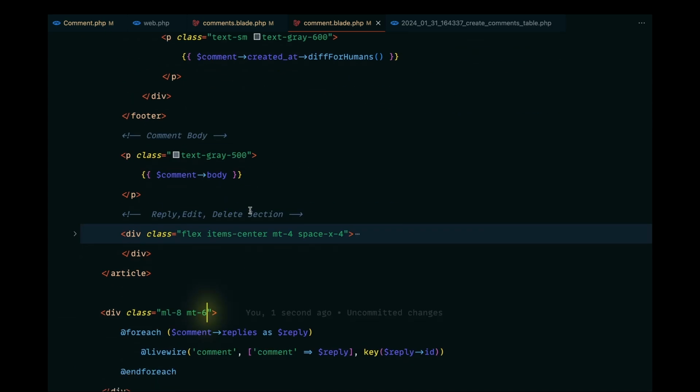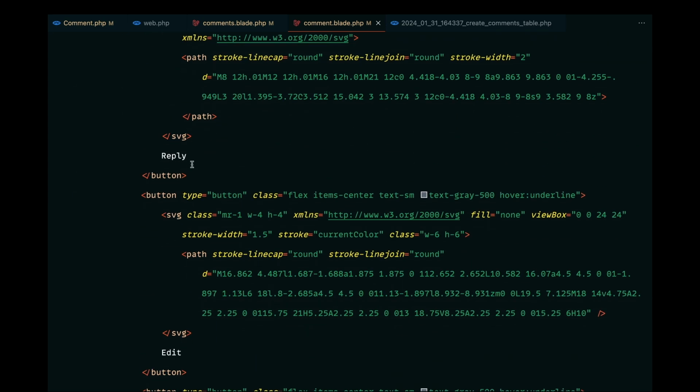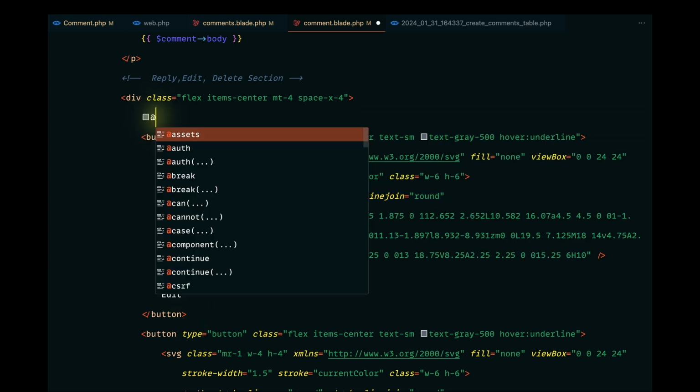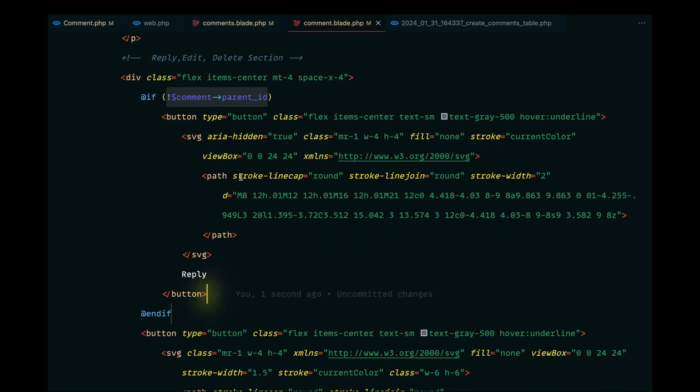So we have the replies in here, the reply, edit, and delete section, and we have this reply button here. Let's wrap this inside an if statement. If this comment doesn't have a parent ID, then only in that case we want to enable replying. So we can pass in this negation check. If it doesn't have a parent ID, then it indicates that this is a parent comment, and if it has a parent ID, then it means that it is a reply. So let's save that, and now we should not see the reply button